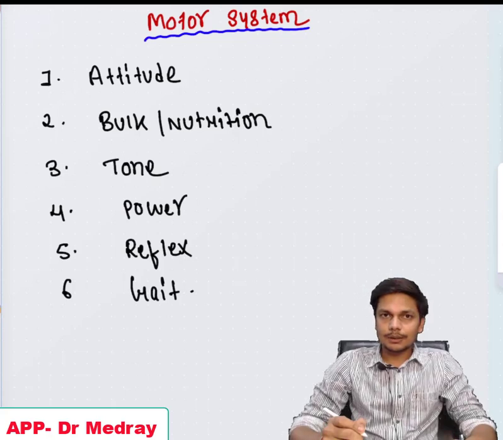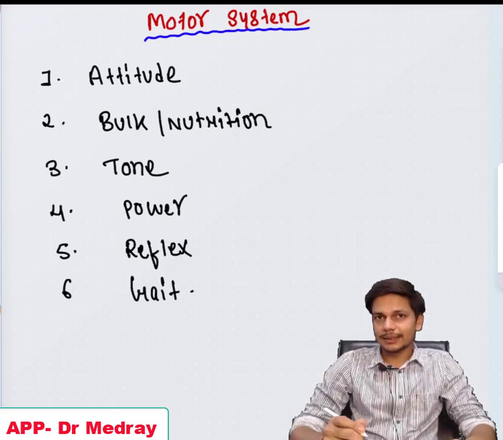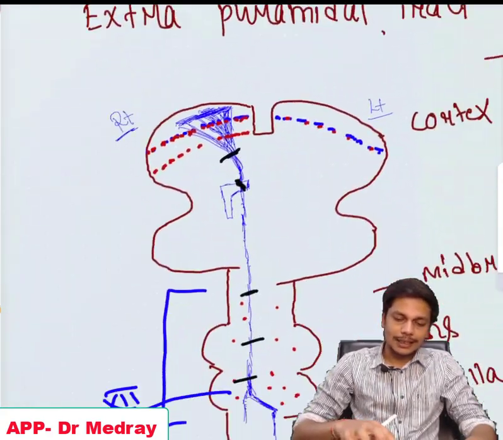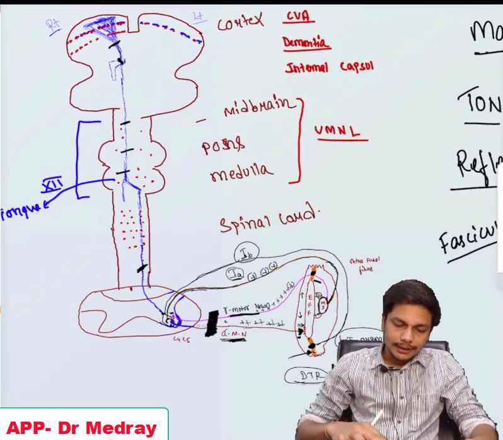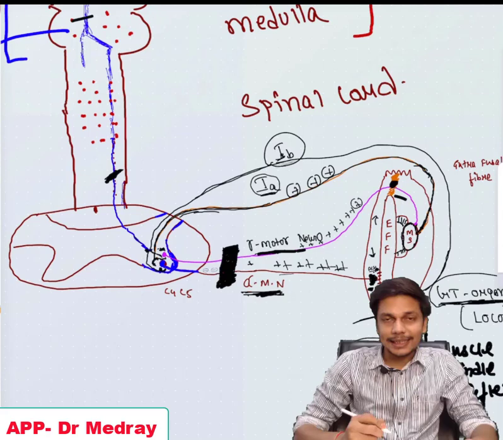So, discussing the motor system examination. First you have to know the concept of upper motor neuron and lower motor neuron, as we have discussed earlier. What is upper motor neuron and what is lower motor neuron? You can see here this is the section of the